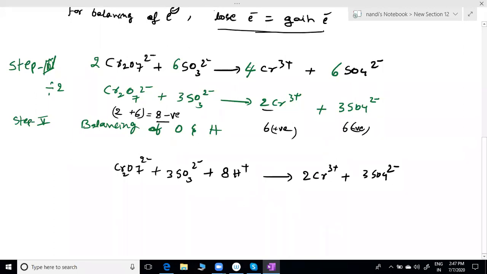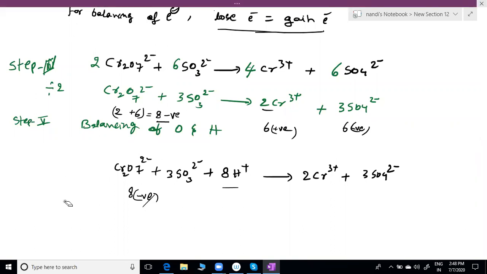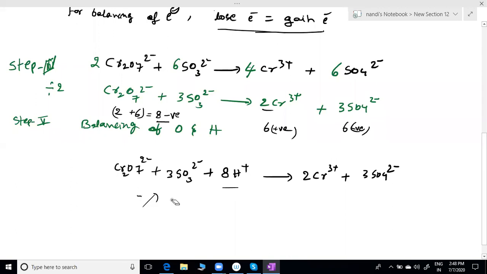The total is 8 negative charge, so I am adding 8 positive charge, giving 0. The total is 6 positive, 6 negative, 0. Is the charge balanced on both sides or not? Check it here. Total 8 negative, so I am adding 8 positive. So positive and negative are going to be cancelled. The left side is neutral, and the right side anyway has 6 positive, 6 negative, neutral. There is no charge on any side right now. That means charge balance occurs. Now can you find out